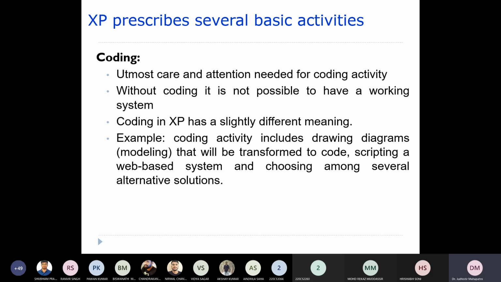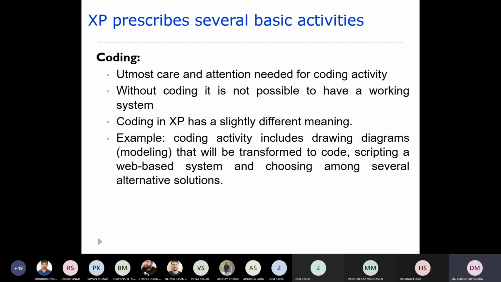We'll talk about that when we discuss object oriented design. Let's say there is a diagram called an activity diagram. Once you have developed that activity diagram, we can generate a piece of code from it automatically.